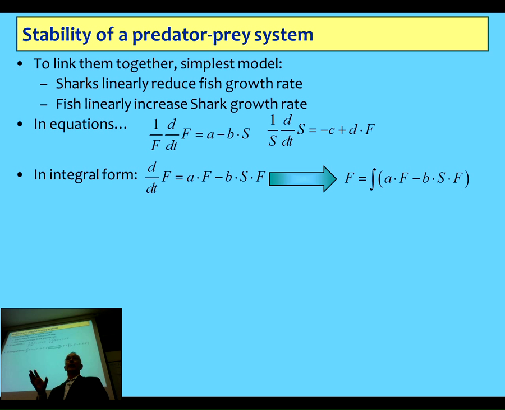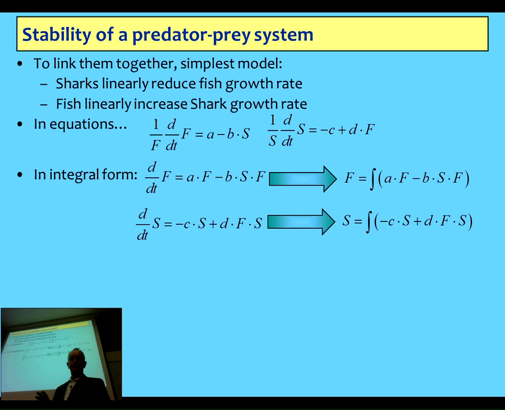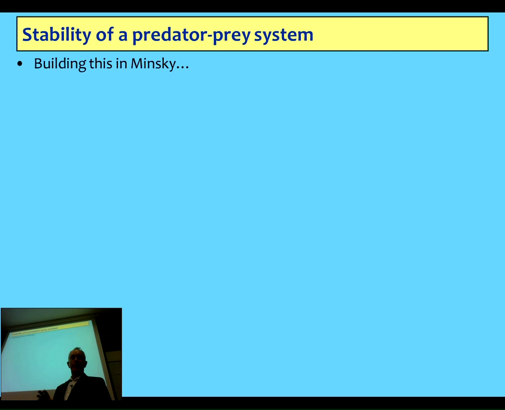So it's nonlinear. I call it a semi-quadratic. Two variables: not F times F, which is a pure quadratic, but F times S, which is one variable times another. So it's a natural nonlinearity. I'm not imposing an assumption of nonlinear behaviour by the sharks. It is simply that the mathematics, the structure of the model, means you've got the number of fish multiplied by the number of sharks. And the same for the sharks equation. So you put that together in Minsky,